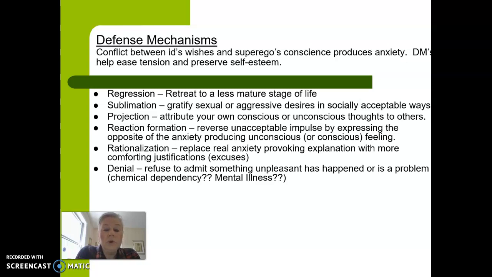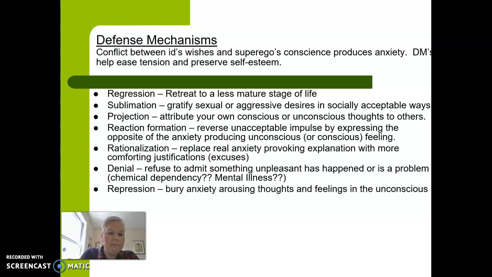In some cultures, we don't want to accept that something like depression exists. I mean, what the heck, just, you know, pull up the bootstraps and just keep moving on. And so we deny that there's a problem. And so denial itself is a problem when it keeps us from getting help for either ourselves or someone that we care about. And I'm sure that you can all think of an example of that.